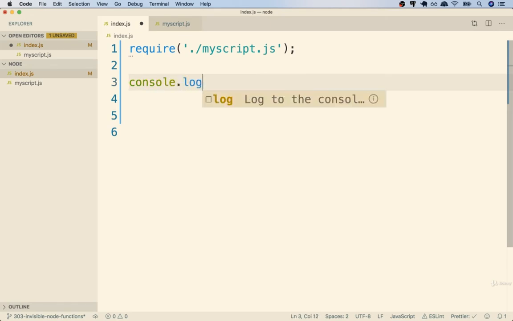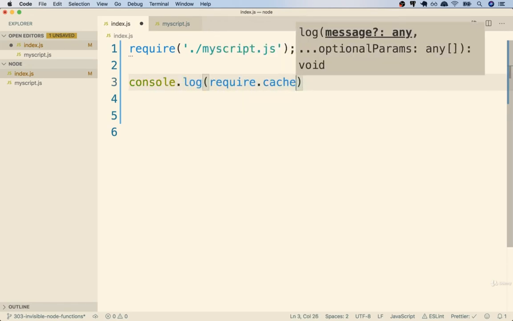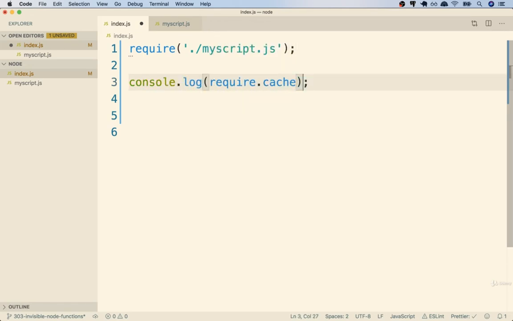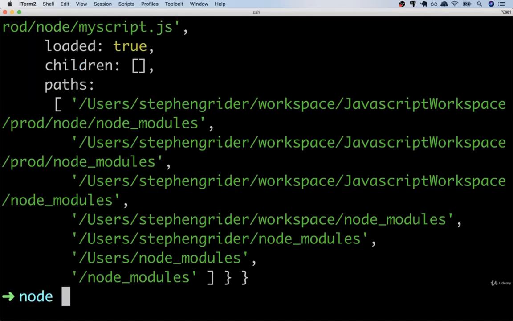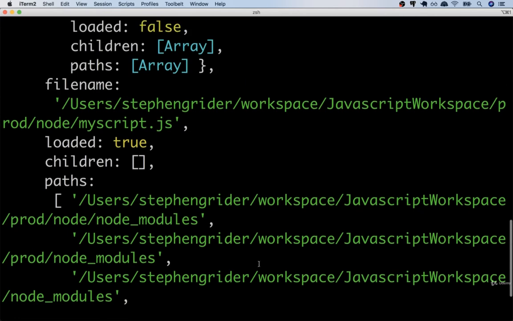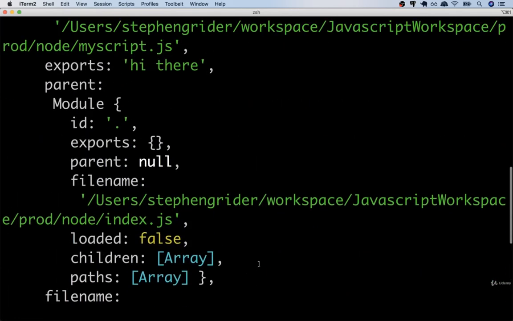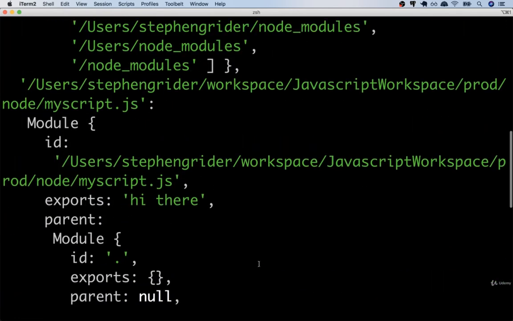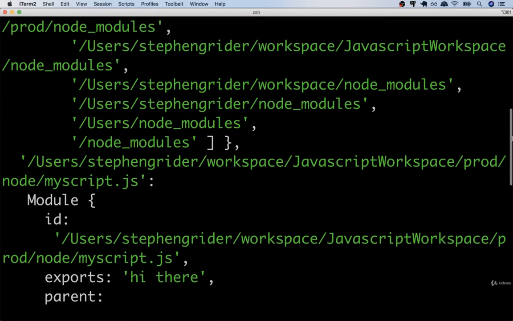And then I'm going to do a console log of require.cache. So again, this is an object that stores the result of requiring in any file to our project. So I'm going to save this, flip back over to my terminal, and run node index.js. And there's a lot of stuff inside this console log, but let's just try to pull out some of the most important parts. If I scroll up just a little bit, about halfway,